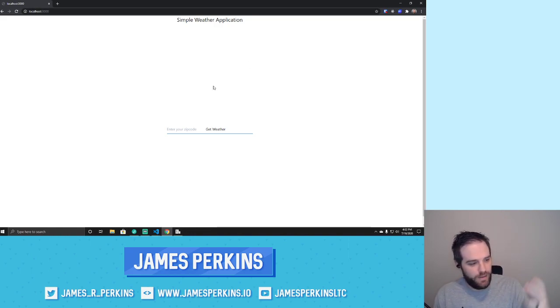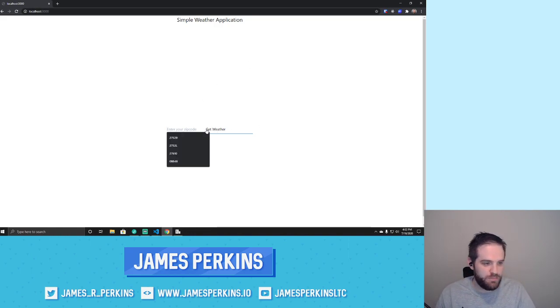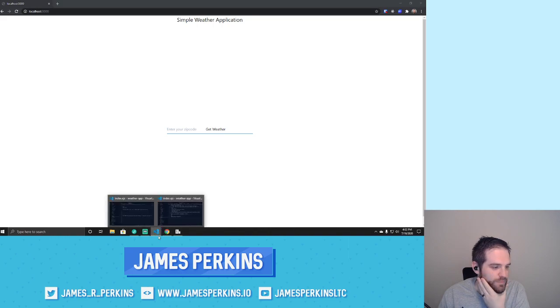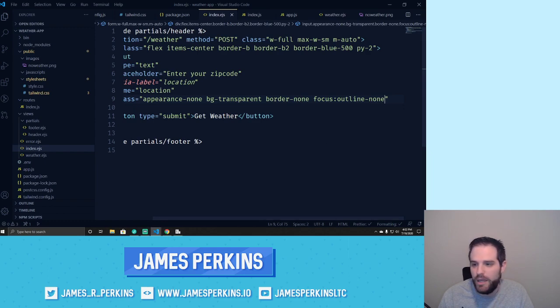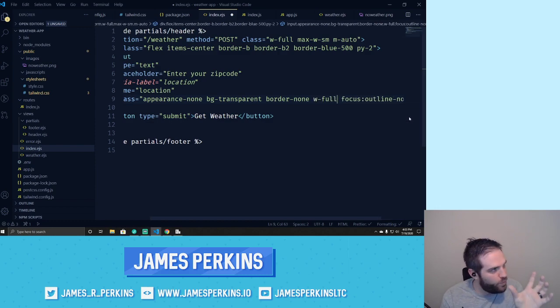Okay, so now that we've set that, we just need to kind of shove this button over here, make it look nice. And there's a few more things I want to do. So, there we go. Focus outline. So the only other things that we really need to do is, hold on. Okay. We need to set the width to full so that it's the full width of the container. And then we'll set the text to gray, but like 700,